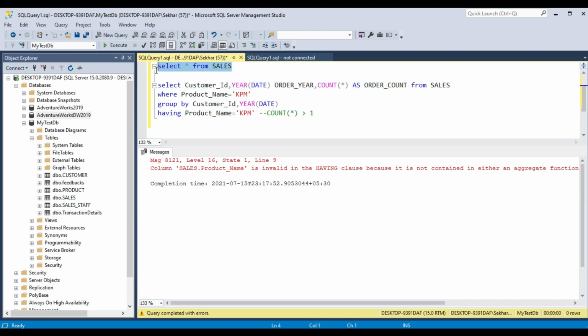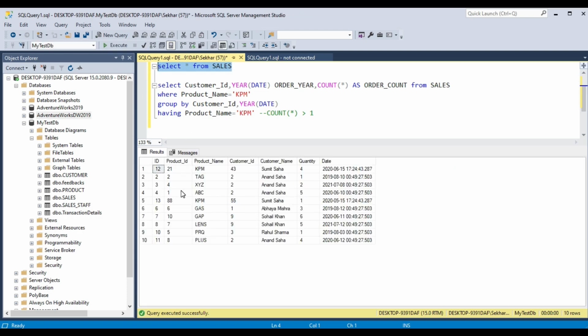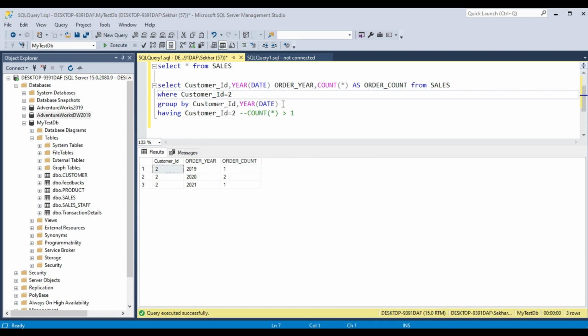So instead of product name we will take customer ID, some filter on the customer ID, so let's take customer ID equal to 2. First we'll run the first part of our query where we are using where.